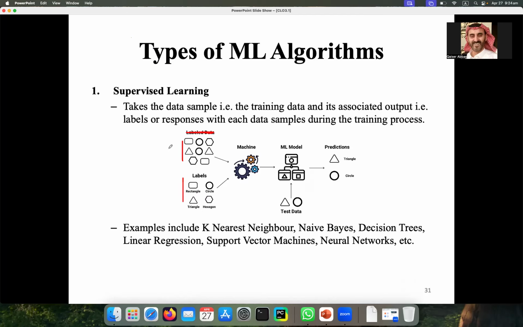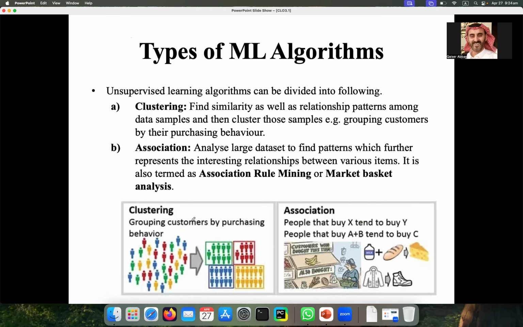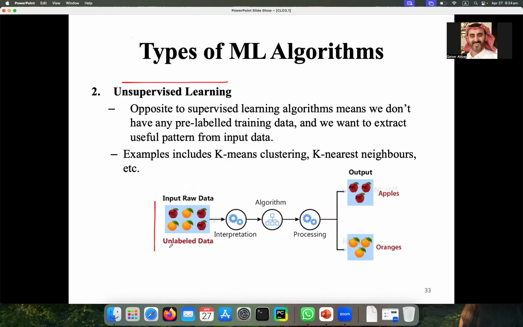In supervised learning, whatever data you give as input to this model for training must be labeled. But in unsupervised, this is not the condition. You will give unlabeled data, and the rest of the thing is the same.